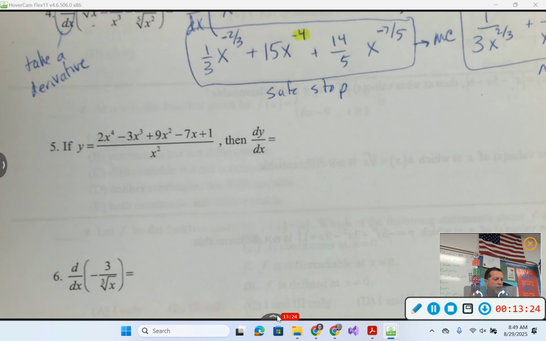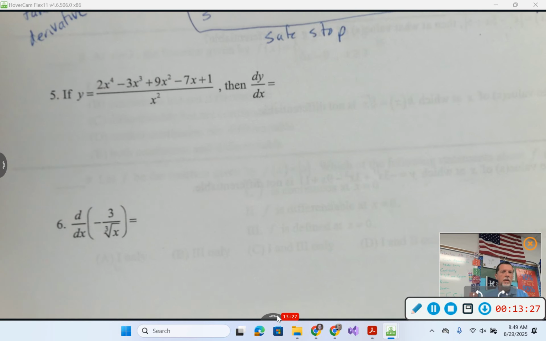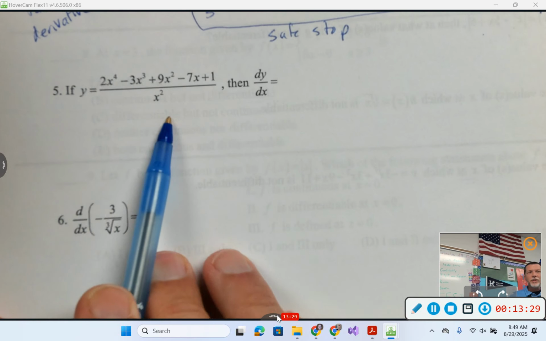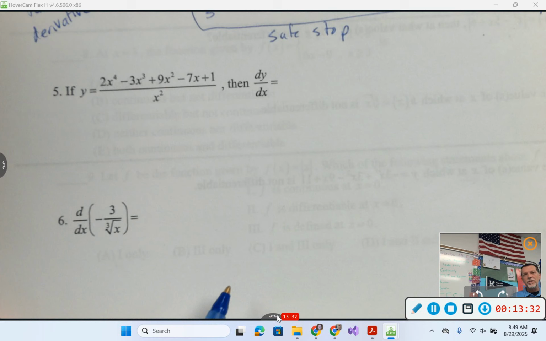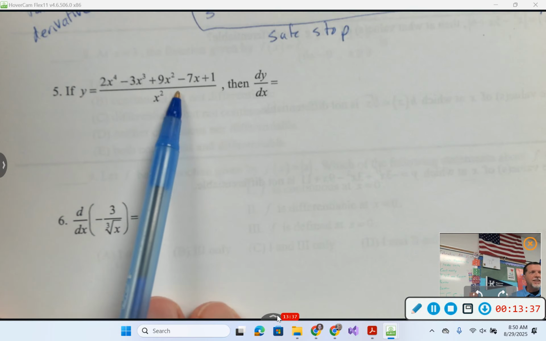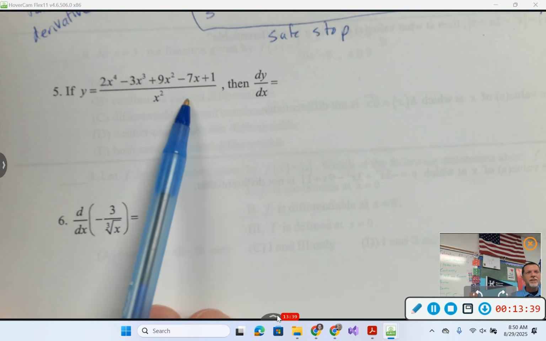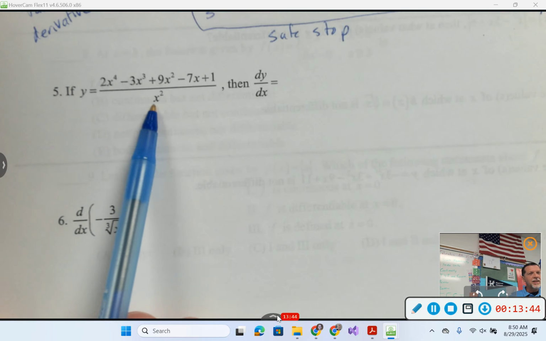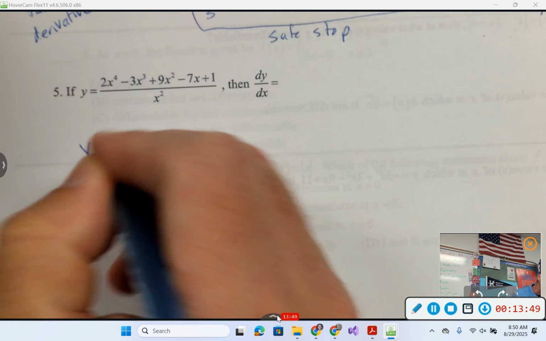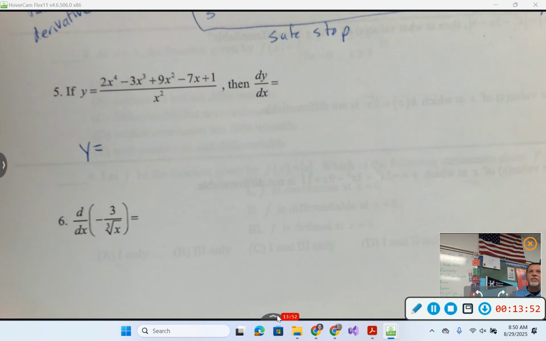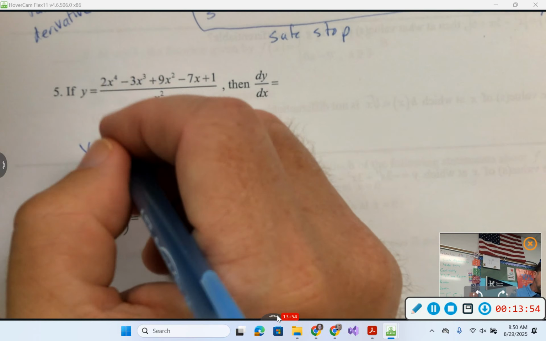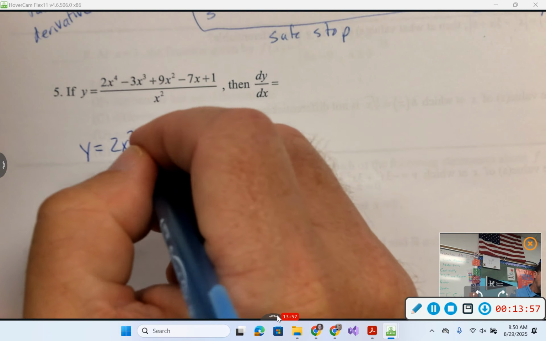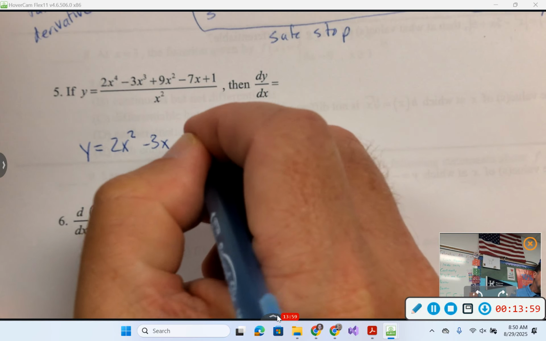5, more algebra. Okay, so I can't do the derivative of the top and the derivative of the bottom. That would be really nice if that worked, but it doesn't. So, did y'all see one like this last year? Do you know what to do on this one? Barrett? Yes. I'm going to, I guess, skip a step. I'm just going to divide x squared into each of those. So 2x squared minus 3x plus 9